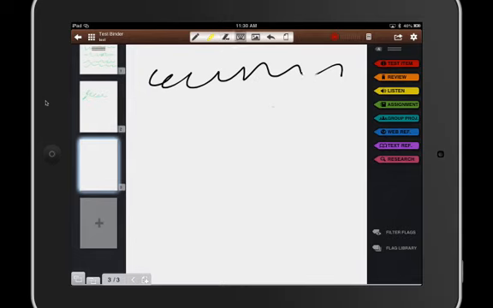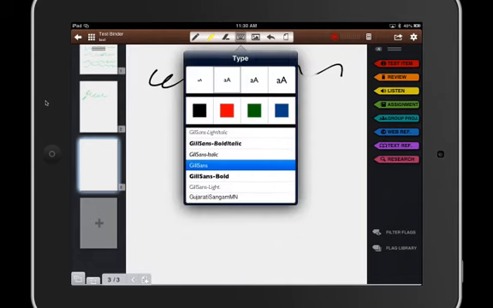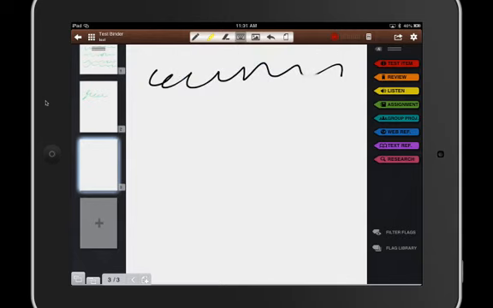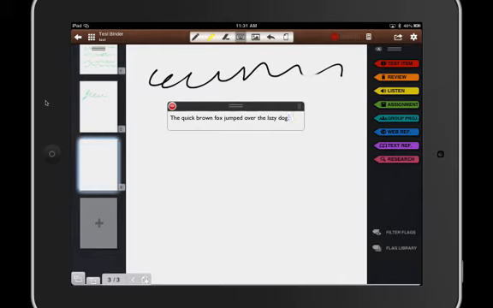Let's get into the text tool. Again, if I long press on it, I can quickly change from my default. I can go to a different font. I can go to a different color. I have 4 colors to choose from there, and I have different sizes. So what you want to do is click on the paper, and I'm using an external keyboard, so I can go ahead and type. Okay, and then whenever I'm finished, I just click off, and you can see that text is there,